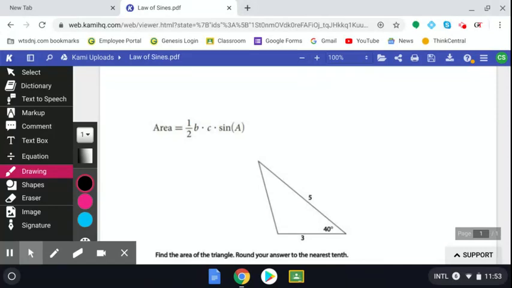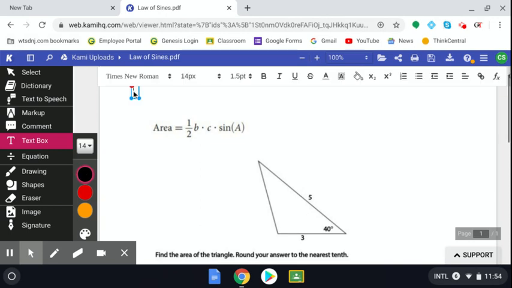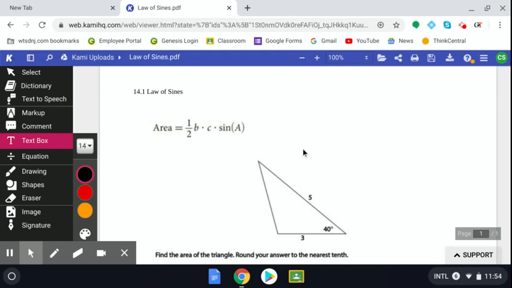I decided to make a recording for section 14.1, which is law of sines, because I thought that could be helpful to some students. So this is 14.1, law of sines. The textbook does a very nice job teaching this topic, but I just figured that maybe I should highlight a few things. So after you review the interactive lesson and you go to complete the online assignment,